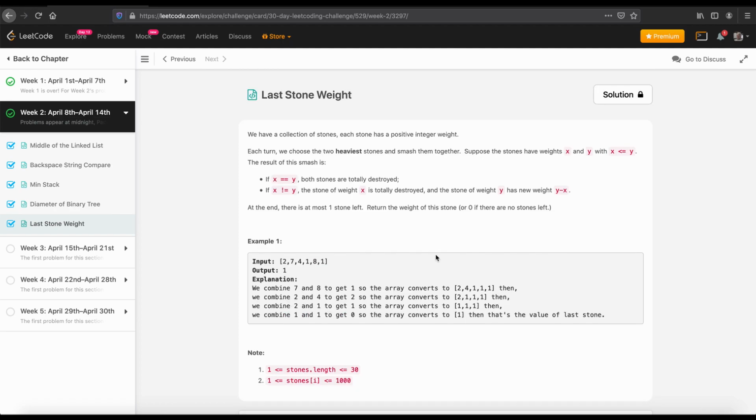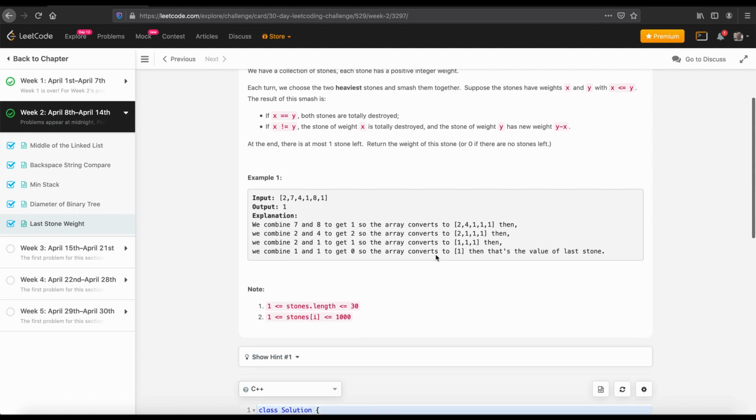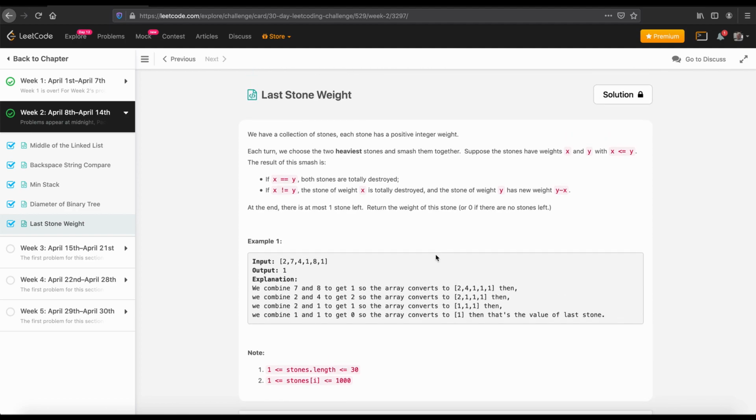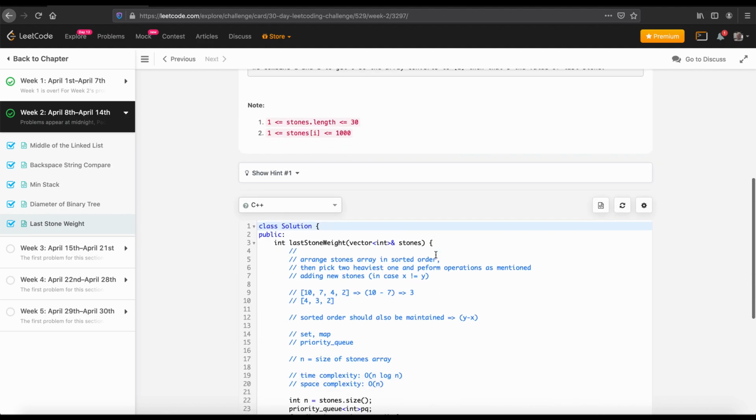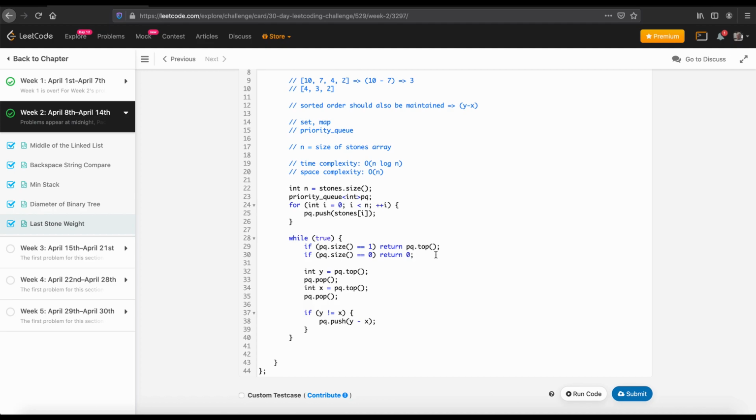Last Stone Weight. And if you have any query, or any other solution or approaches which may be quite faster than this, in terms of big O, please share, because the first solution that came to my mind is this. So if you have any other solution,